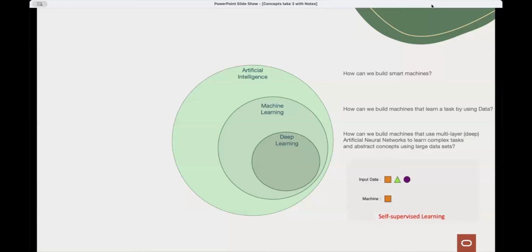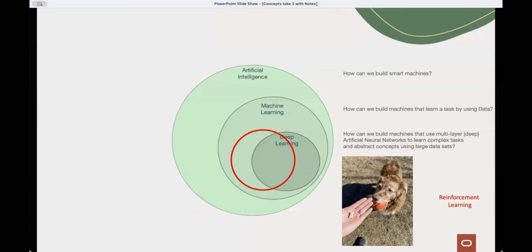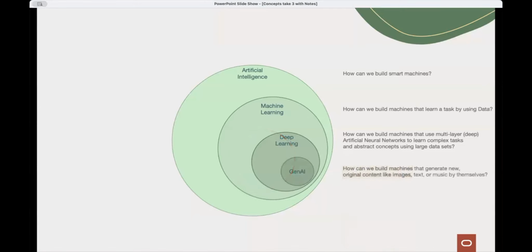The last learning type I will talk about is reinforcement learning. Please check this picture, and you will have an idea. The dog is trained to fetch the ball and receive the treat. In the case of the machine, it interacts with the environment, and correct decisions are rewarded while bad ones have penalties, so it learns. I put a red circle on the Venn diagram to show that reinforcement learning can be applied both on machine learning with known features and not large data, as well as with deep learning using deep artificial neural networks. Some examples would be ML-based stock trading models, or adversary deep learning models playing Go with each other and learning the game.